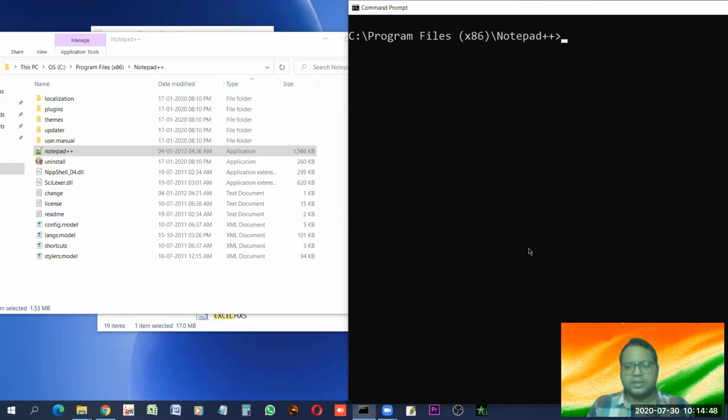So with this, I just want to tell you that everything that you install goes to a specific folder and is saved there. Normally, the Program Files folder is the place where the software installed by you automatically goes. Now, earlier when we typed Notepad++, it said not a recognized command, but now we are typing the same command in